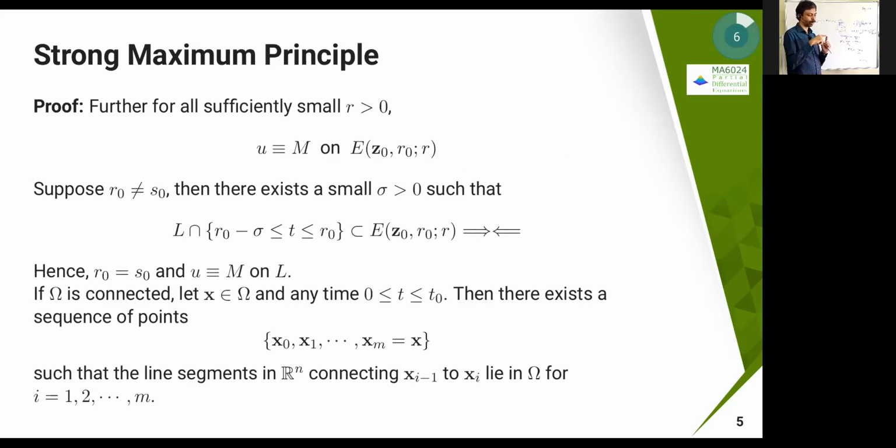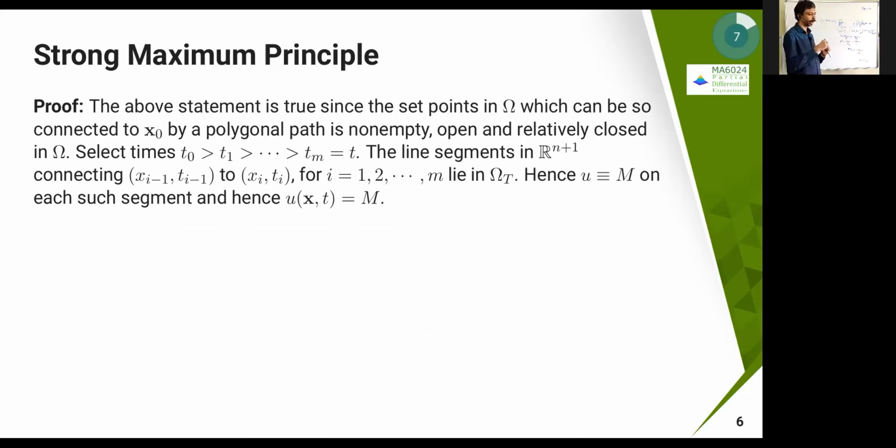I did it only for one segment. L is one line segment I had taken, and then I took some point and did that. Now repeat the same kind of argument. Then what will it become? For the first line segment, again I'm going to get u equal to m on, let's say, L1. L1 is nothing but the line joining (x naught, t naught) and (x1, t). Then u equal to m. Now take the next one, again it becomes the same. Like this you can keep on doing.